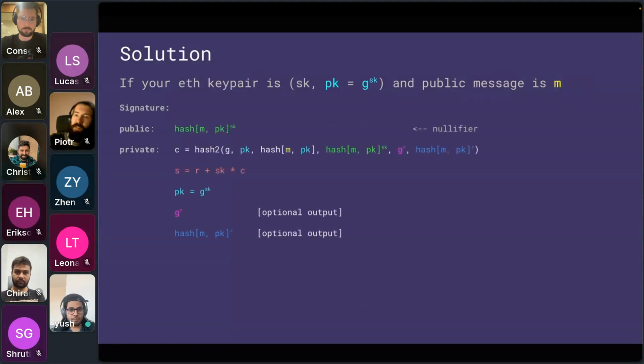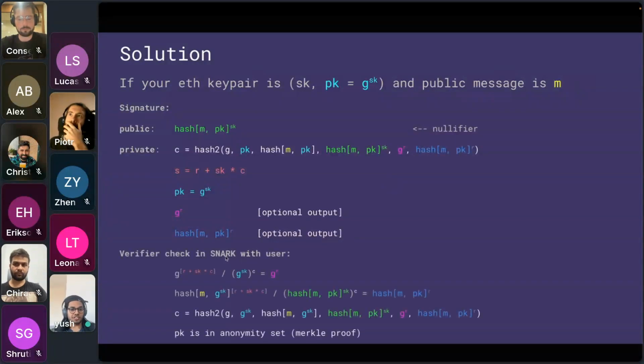The main thing that we're posting is this green value. This is a value that keeps you anonymous and is unique for your application. Your application name, for instance, could be your message. These private signals that you see are just to verify inside a ZK snark that this public value is calculated correctly. You'll notice that even if you have all of these private signals, it's impossible to derive someone's secret key from that.